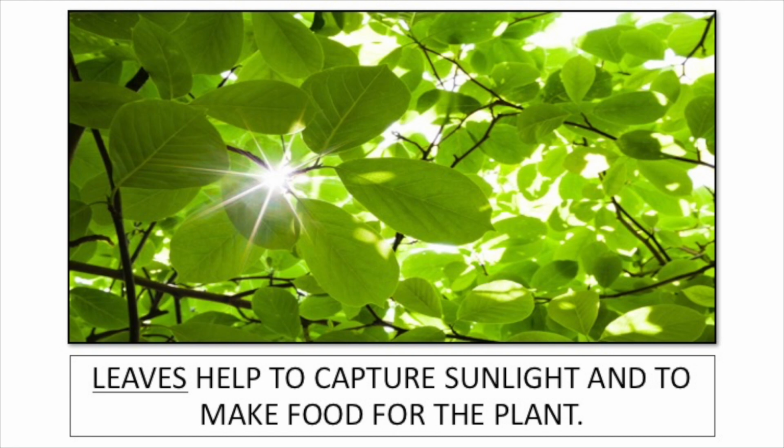Leaves help to capture sunlight and to make food for the plant. Yes, you can see here that the leaves of the plant go right high up into the sky. And that's because the job of the leaves is to capture the sunlight. That's why you never see leaves on a plant at the bottom. The leaves of the plant will always be near the top so that they have the best chance to capture